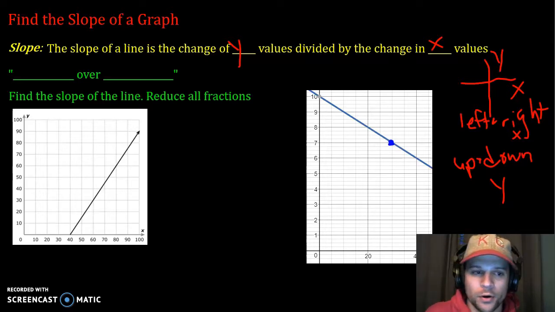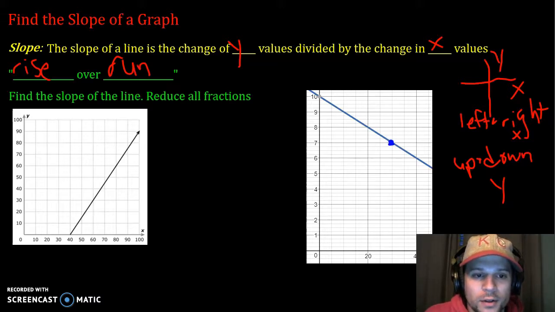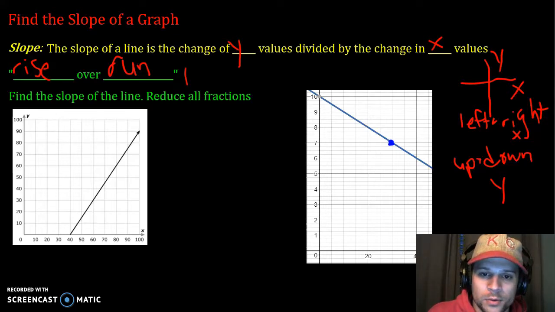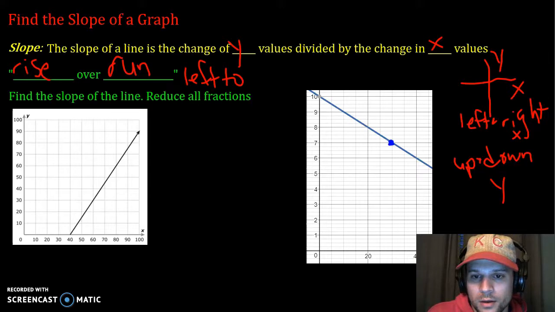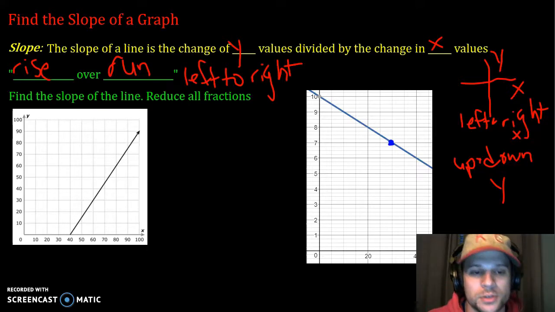Another phrase that you may have heard that's going to help you remember how to find the slope of a line is its rise over its run. The rise is just the change in the vertical, climbing up, rising, or down, depending on the direction of your line. And your run is just your left and right change. Usually with run, it always goes left to right, just like you're reading. That way it'll help you easily determine whether something is positive or negative when you're dividing and you get your fractions. If you read left to right, it's going to help with consistency of your positive and negative signs